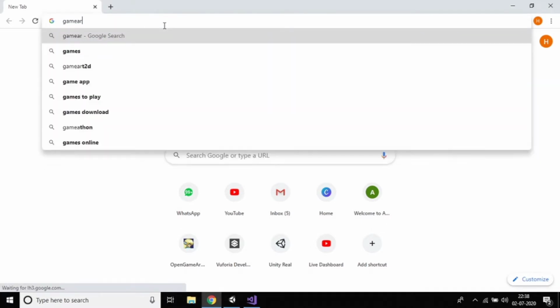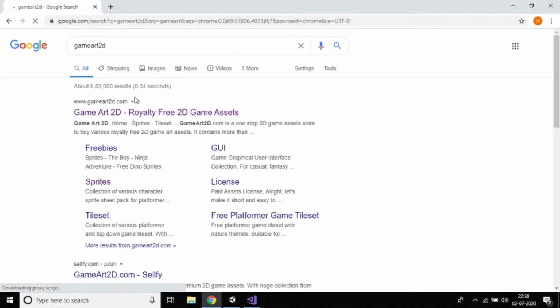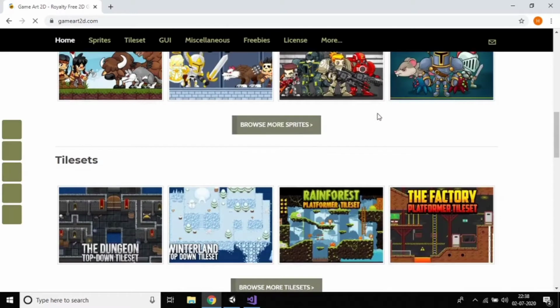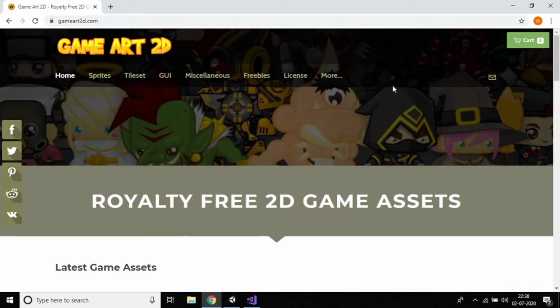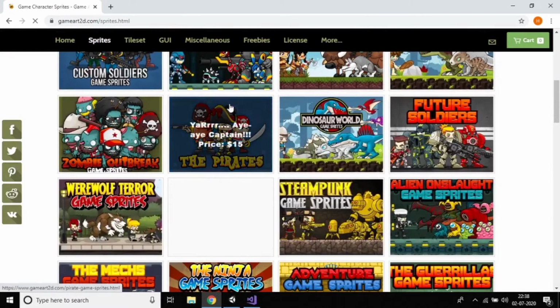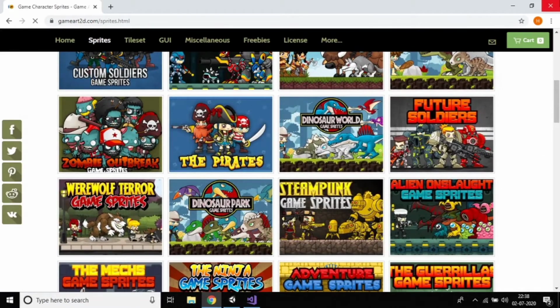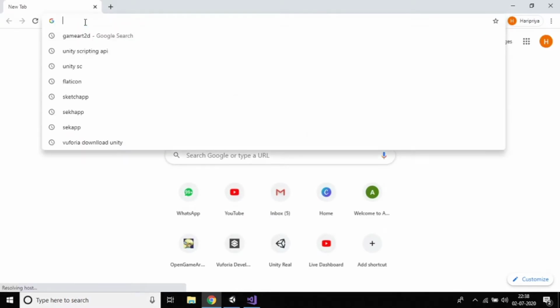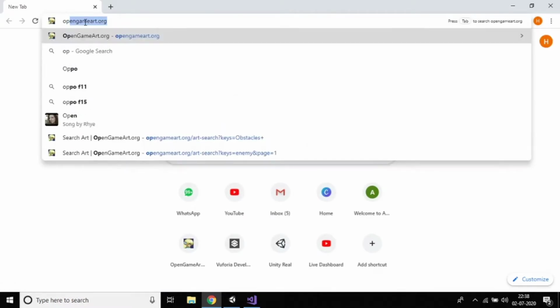gameart2d.com and freeassets.com. You can search here for bullets, and you can use free bullets. Just search for sprites and whatever you want. If you want to use outside bullets, there are websites like OpenGameArt and OpenGameArt2d.com also.